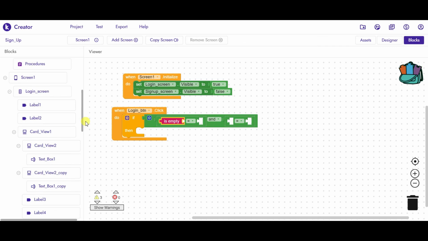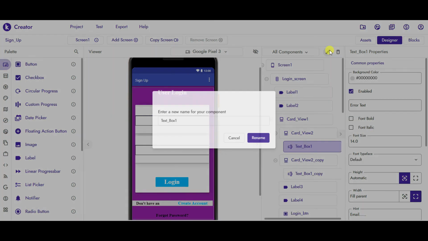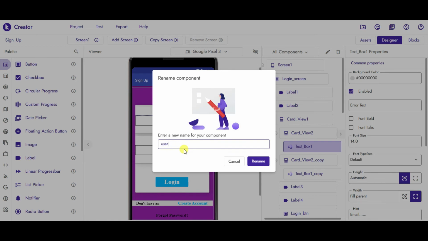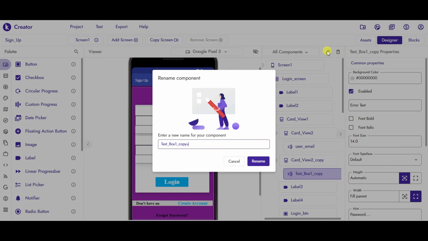If is empty, now go to designer. Here you can find the text box which we had added. We will rename that as well so that it becomes easy while we code. So this will be user email, rename, and this will be user password, rename.